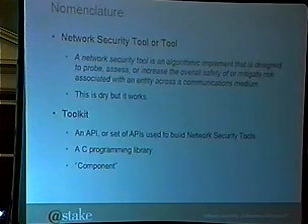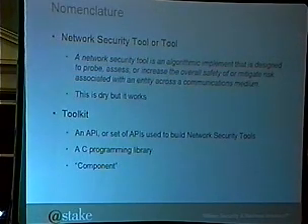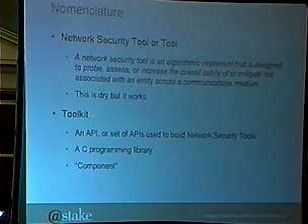So network security tool is blah, blah, blah, right? You see the definition up there. It's pretty dry, but for our purposes, it's going to be effective. Test the security of, across a communications medium, of a host, a system, an entity, what have you. A toolkit, as far as I'm defining it, is an API or set of APIs used to build a network security tool. And as far as we're concerned today, that's going to be a C programming library.